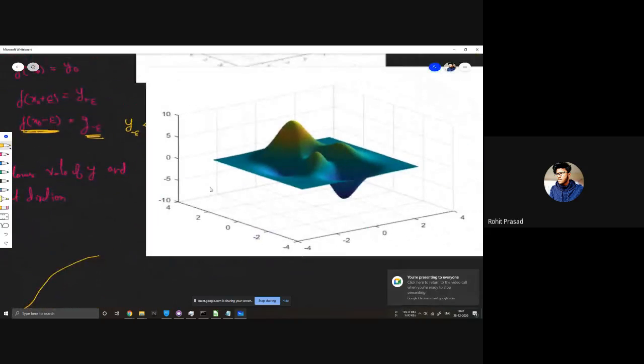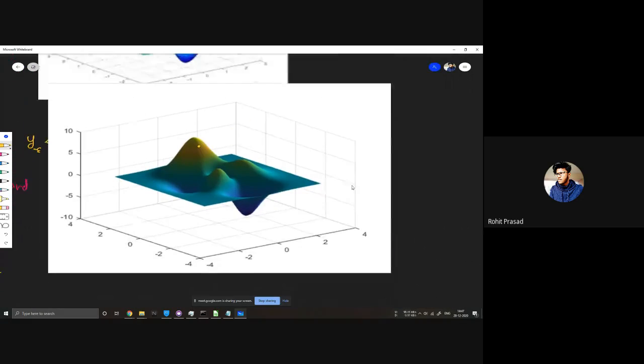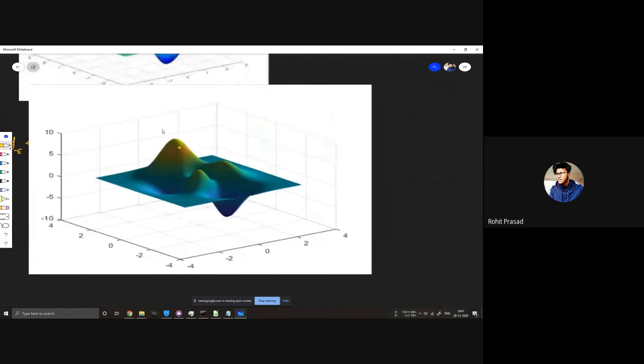Okay. So for the 3D, we can say that we take a point somewhere here. For this we have multiple directions, since it's 3D, so we can go in this direction, in this direction, in this direction.